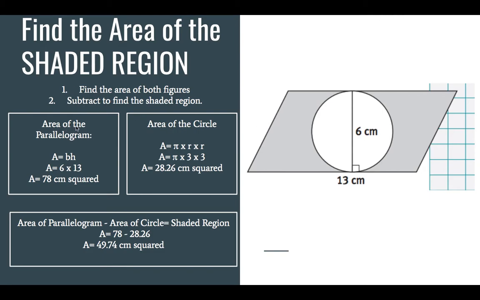So the area of the parallelogram, we have base times height. In this case, the base times height, we have 6 times 13. So 13 is all the way across, 6 is all the way up. So we have 6 times 13. That gives us 78